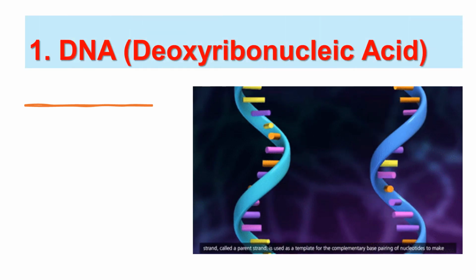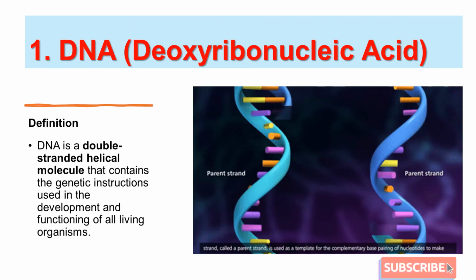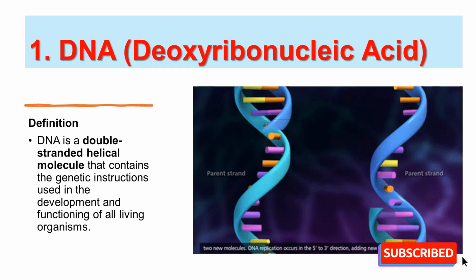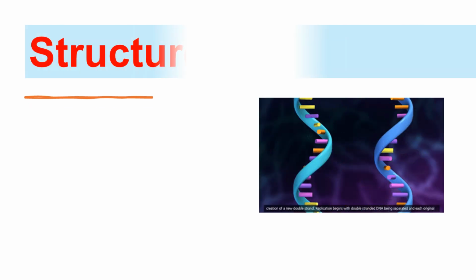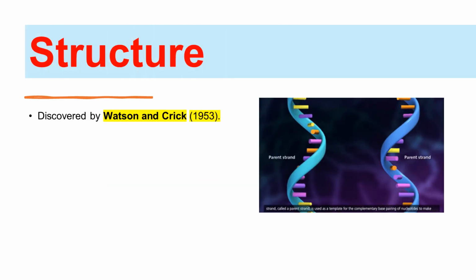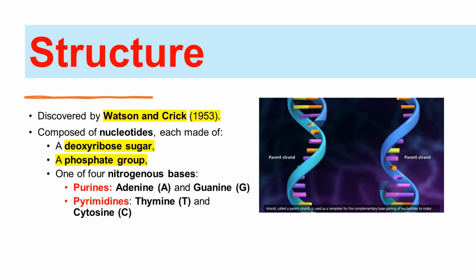1. DNA, deoxyribonucleic acid. Definition. DNA is a double-stranded helical molecule that contains the genetic instructions used in the development and functioning of all living organisms. Structure. Discovered by Watson and Crick, 1953. Composed of nucleotides, each made of a deoxyribose sugar, a phosphate group, one of 4 nitrogenous bases,